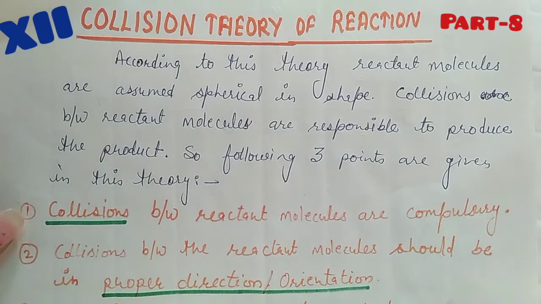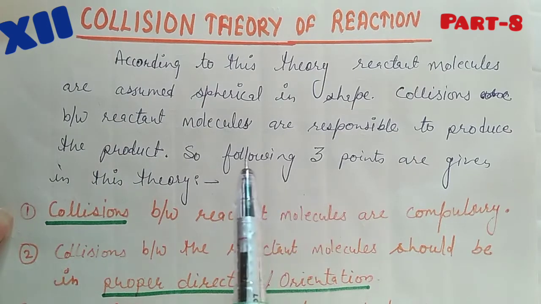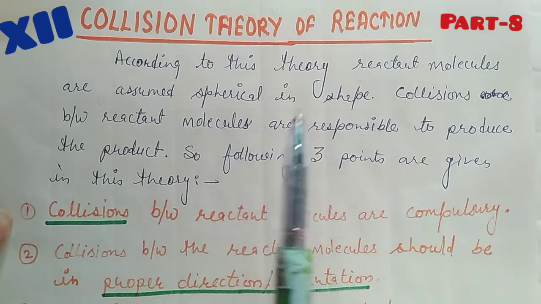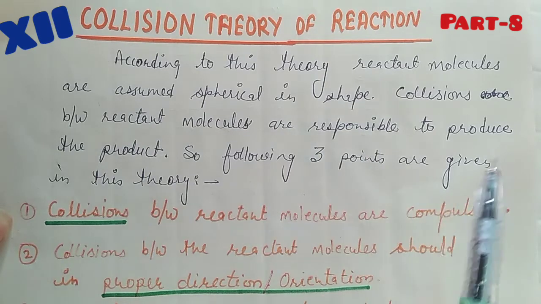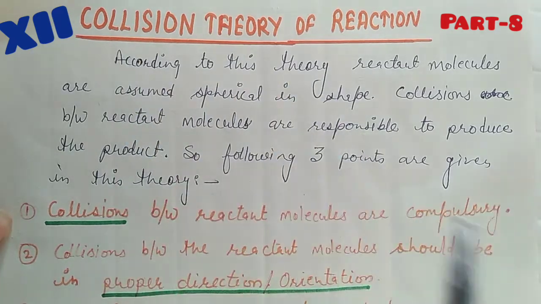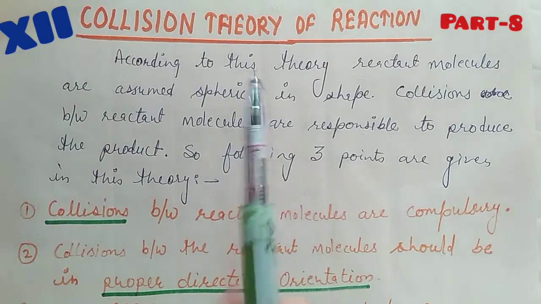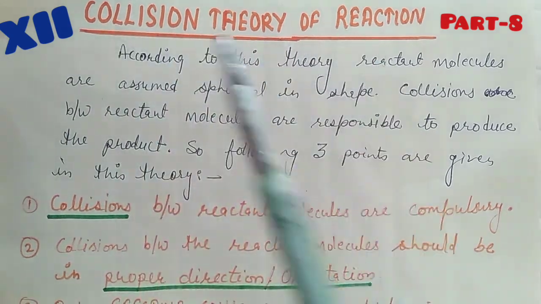We are studying chemical kinetics. This is the last video of this chapter. In this video, we will discuss the theories related to rate of reaction, that means collision theory and the transition state theory, and we will discuss some numerical examples related to the Arrhenius equation. First of all, we will discuss the collision theory.